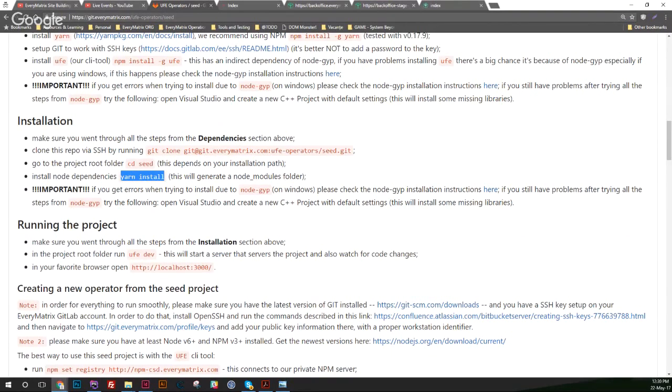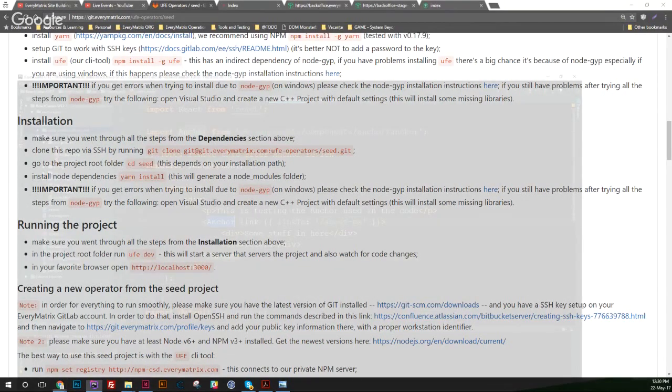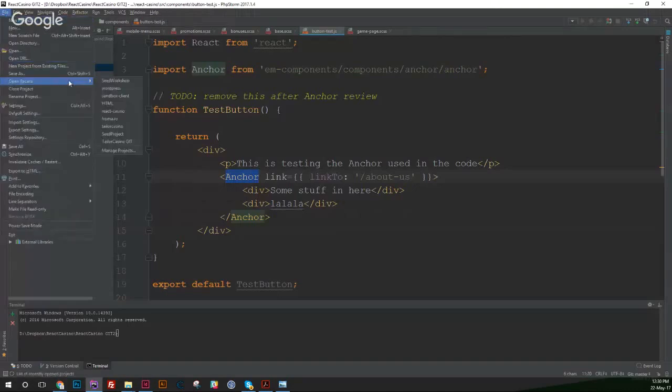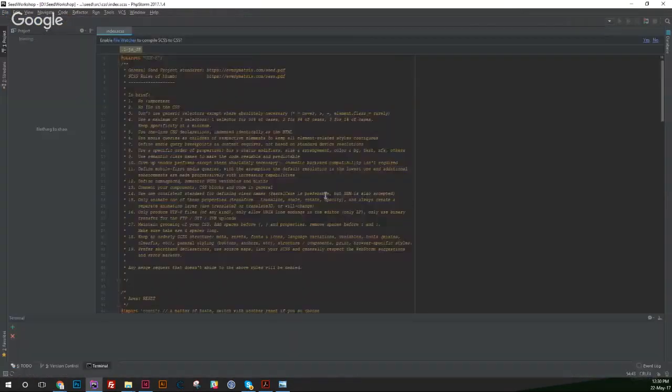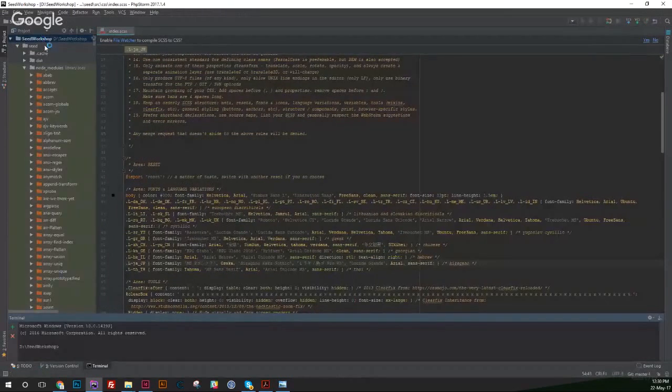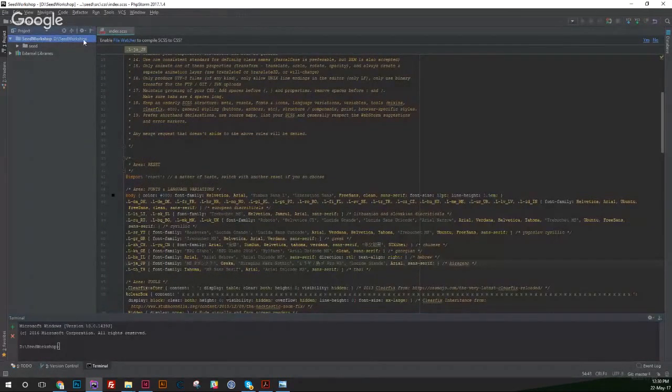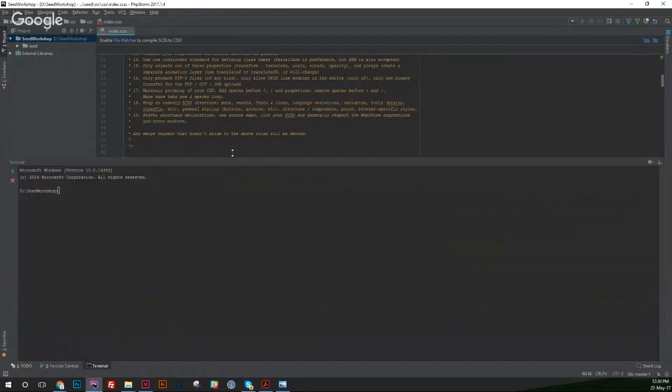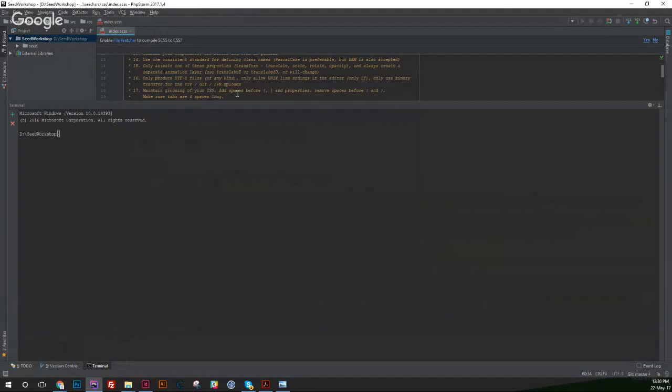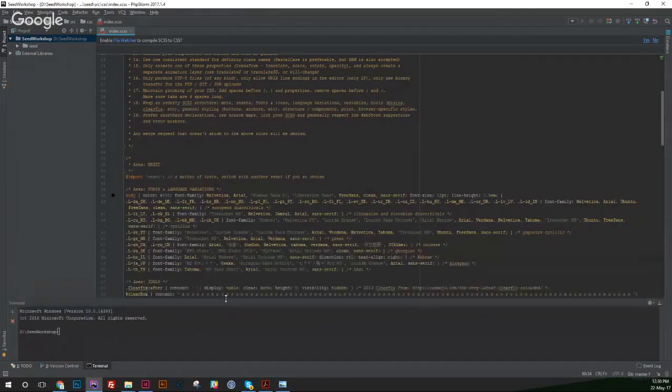Well, basically by opening the IDE and typing in yarn install. I've already done this, so I can give you an example of it right now. I've created the folder on my hard drive, which is called Seed Workshop. Inside it, I've run a lot of those commands, which I've already typed above. And the end result is this. I have a seed folder. And inside that seed folder,